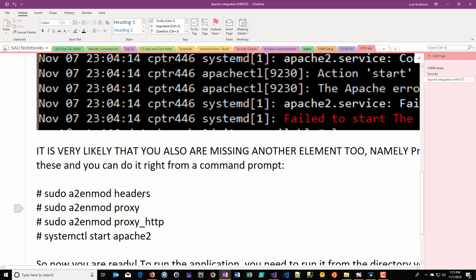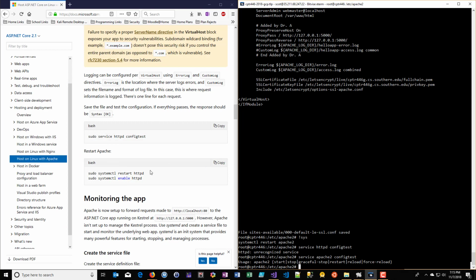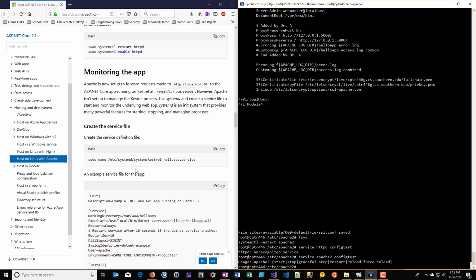Okay, so you need to do these three things here. The little hash is like your prompt. So sudo a2enmod, that's Apache 2, enable module headers, and enable the module proxy and the proxy HTTP. If you don't do those three things, it's not going to work. Then you need to restart Apache, and then we can go down and talk about